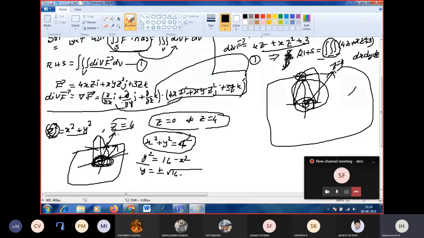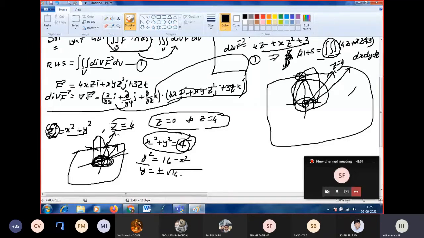So now, from the plane z equal to 4, we can easily get the z variation. Z varies from the origin to the plane, from z equal to 0 to z equal to 4. Next we have to find the x and y variation. I will go for y variation first. I substitute z equal to 4 because the cone and plane intersect. It becomes x square plus y square equal to 4 square, a circle with center at origin and radius 4 units.